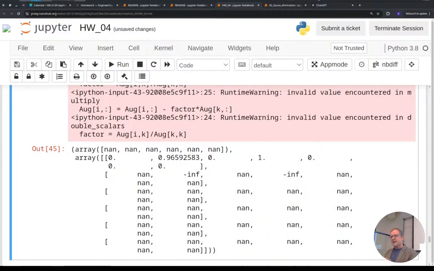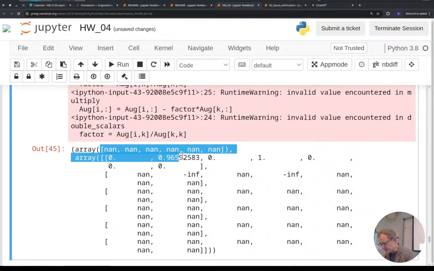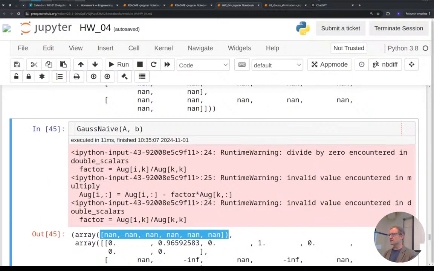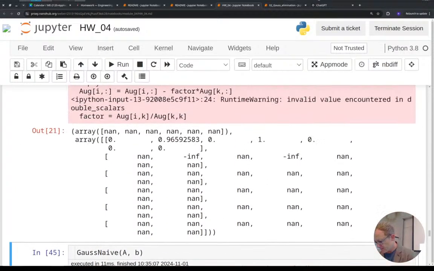So if you're trying the next step and you run that Gauss naive method without doing any pre-processing of the work, you're probably getting a whole bunch of not a numbers and infinite values. Our output is all just not a number. Something's weird with that naive Gauss elimination method. And even if I tried that LU naive to do the lower upper triangular decomposition first, it would still give me this, because in the very